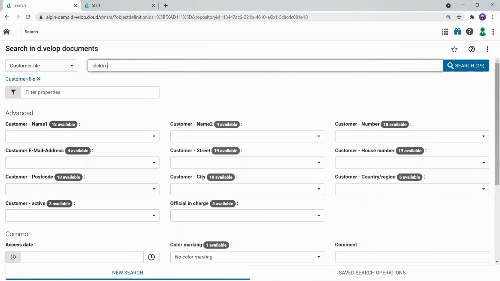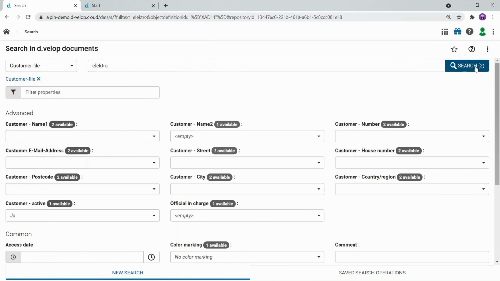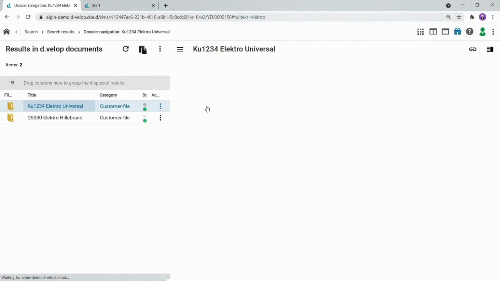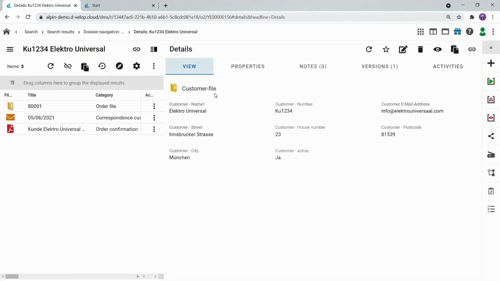So we are having one sample company. It's called Electro Universal, and this company needs definitely a service contract. So what do we do? We go to our company, and you see here the customer file. So you see also the metadata here, the name of the company. There is some email and correspondence already included in the file, and the order confirmation already is there, but we need the customer contract, and we need to integrate all the data, all the metadata. So what do we do? We just go to the menu bar and click on the button